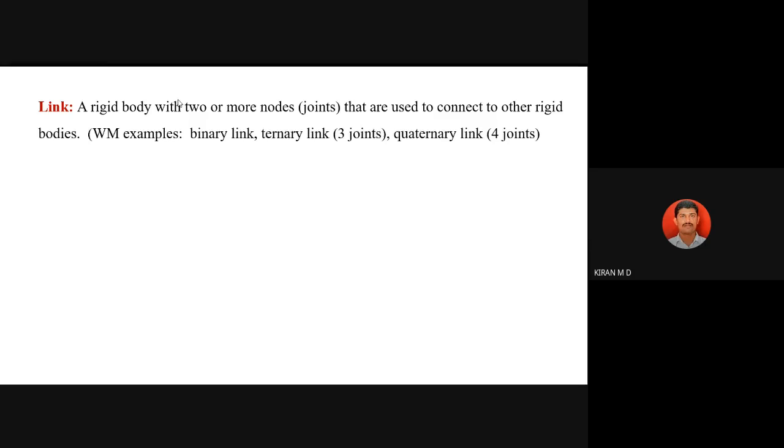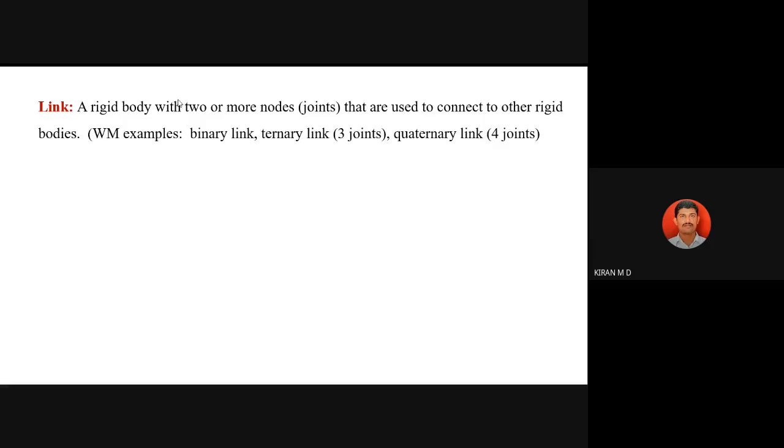So here we are not considering any forces, but when it undergoes a force, definitely that component will get deformed. Okay, so when we are selecting the component, we are going to consider it as a rigid body. There is no deformation. If deformation occurs, we can't achieve the particular position. Okay, that's all we are going to consider. Link is the rigid body.